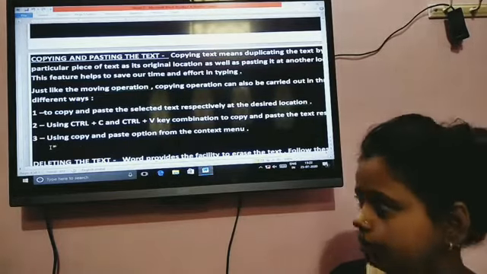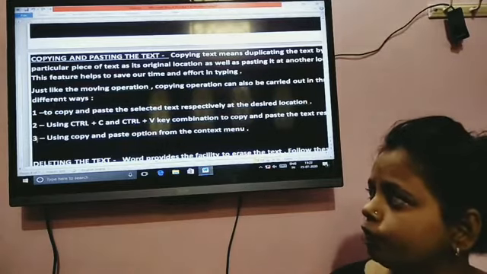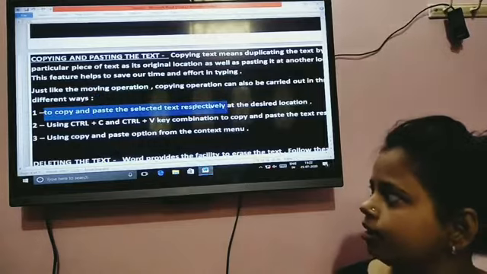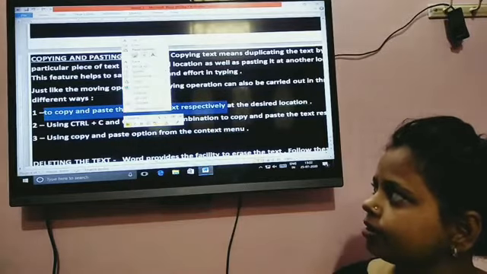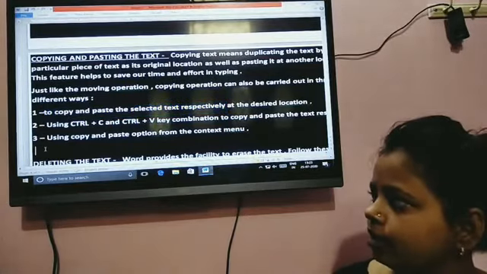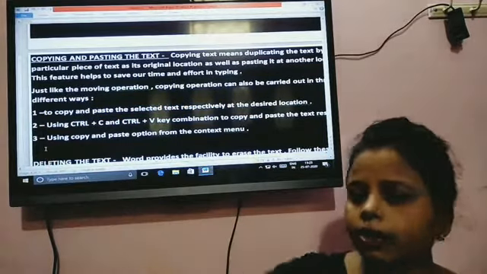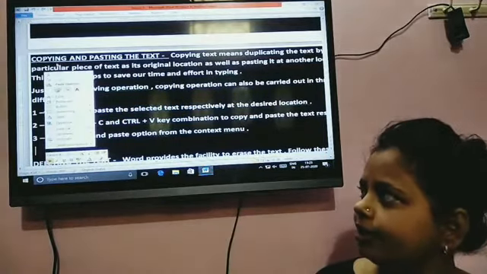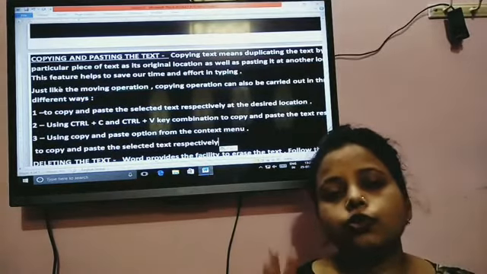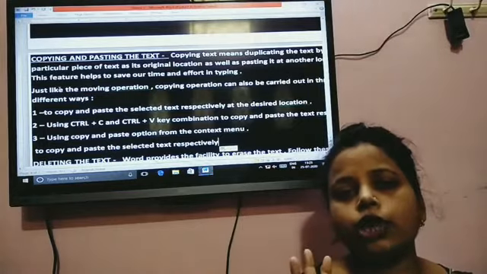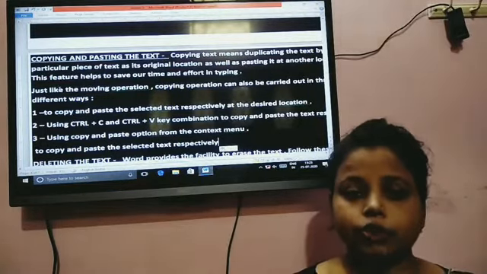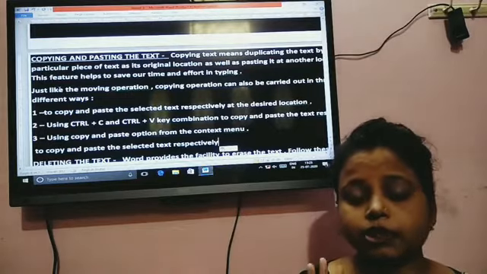Now the third way: select the text, right click and click on copy, then place your mouse cursor here, right click again and click on the paste command. Using these 3 ways, students, you can copy and paste.